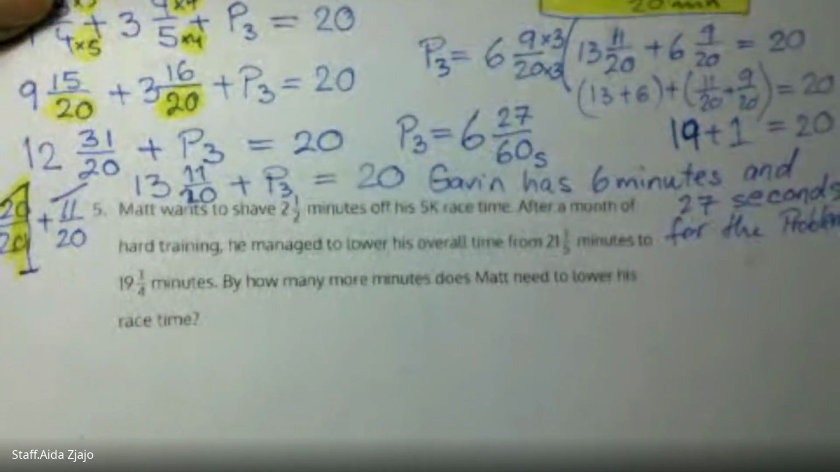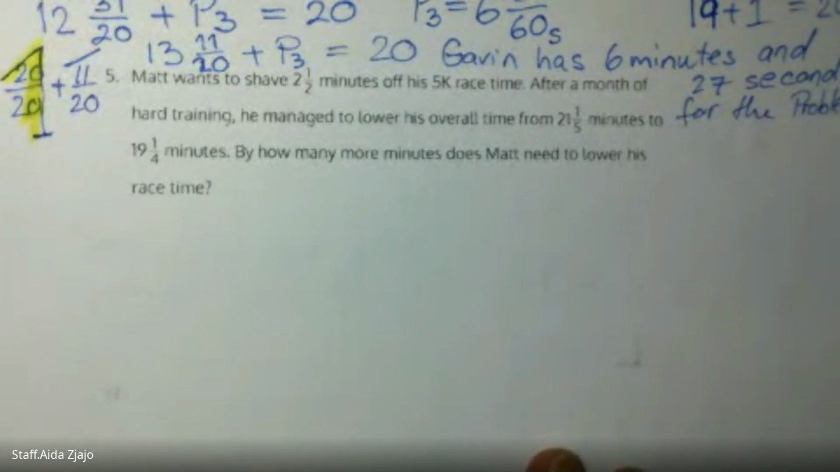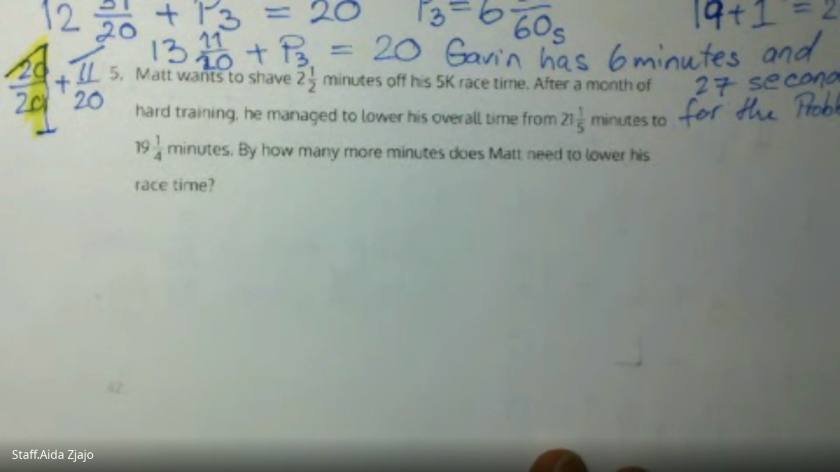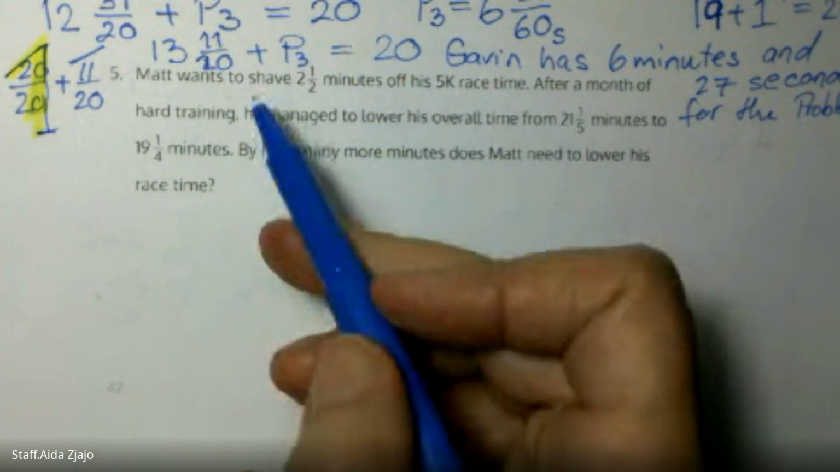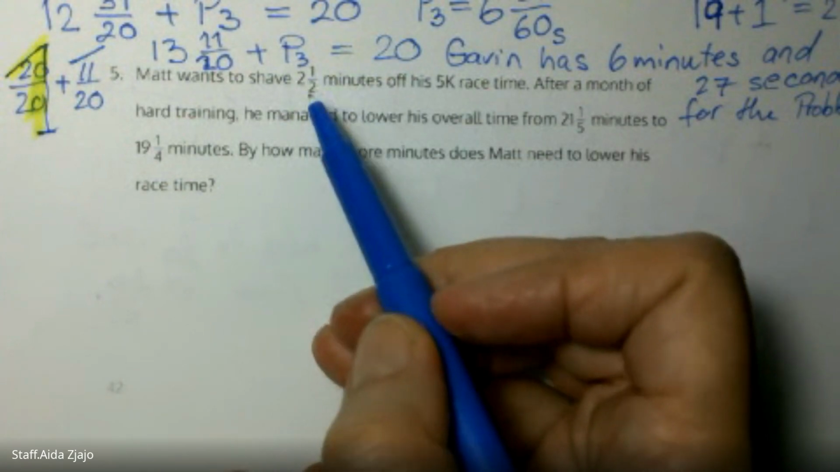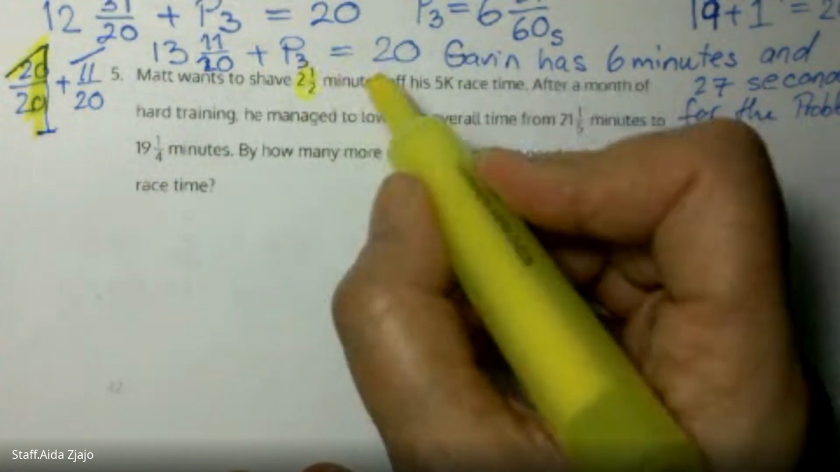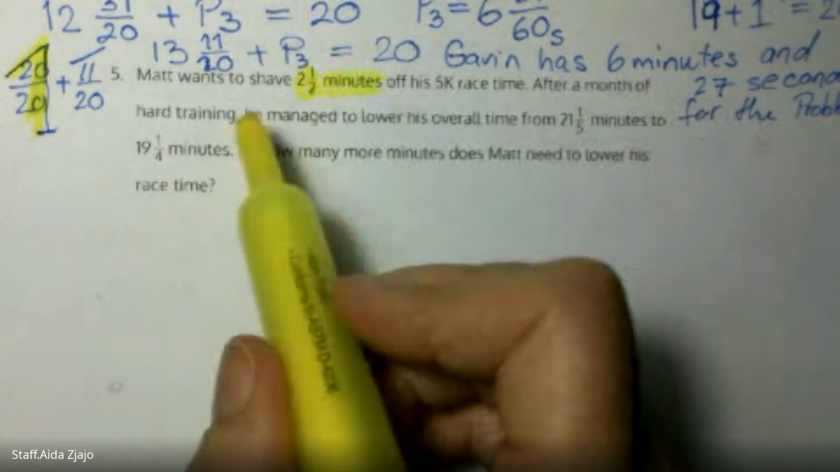Okay, we're going to move to the last one, number 5. Number 5 said that Matt wants to shave 2.5 minutes off 5K. What this